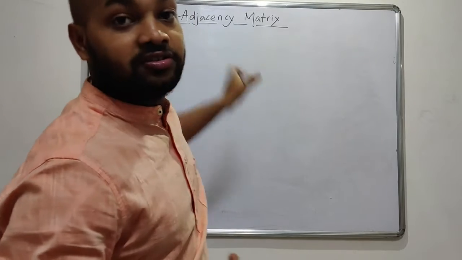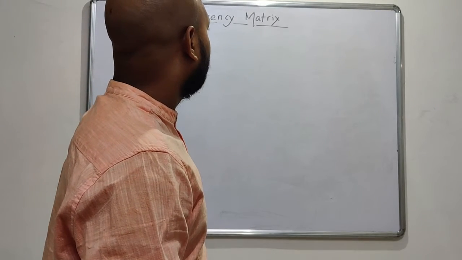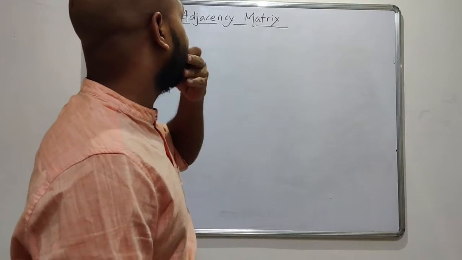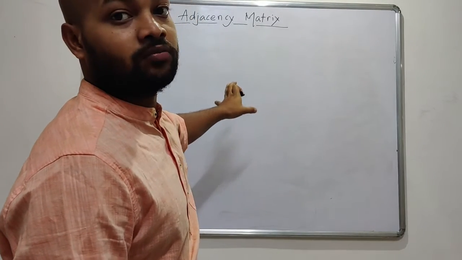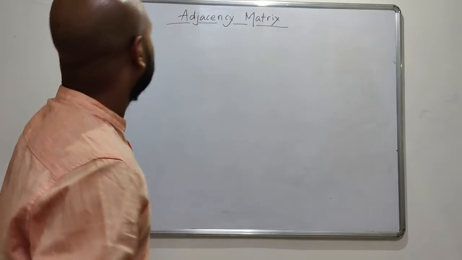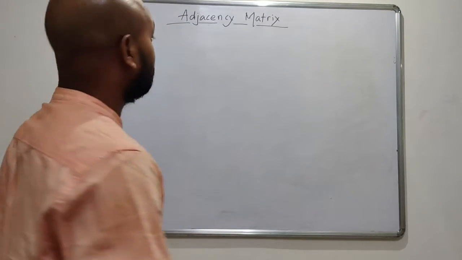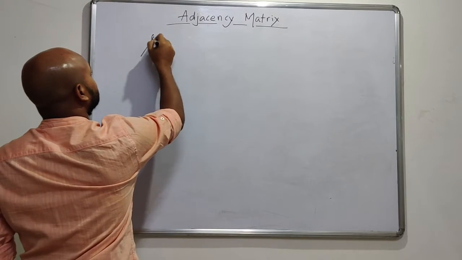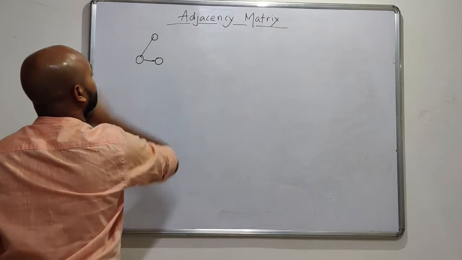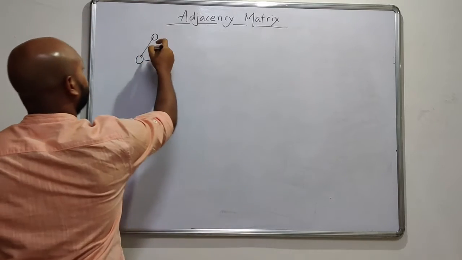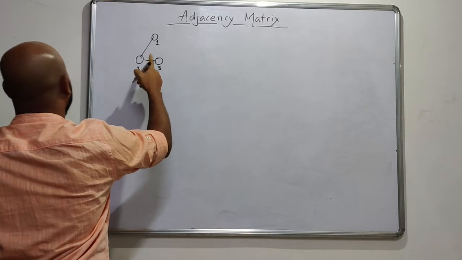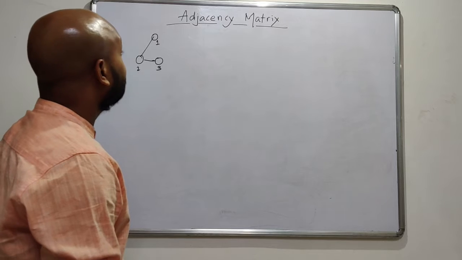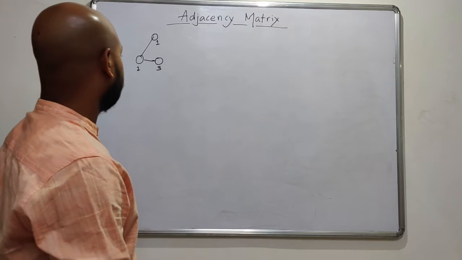Discuss adjacency matrix, which is another representation of the cluster states. So basically, they can be obtained from the graphs, which are obtained from the cluster state. Okay. So suppose this is a particular cluster state where I have 3 qubits and I name them 1, 2, 3. Okay, and what would be its adjacency matrix?